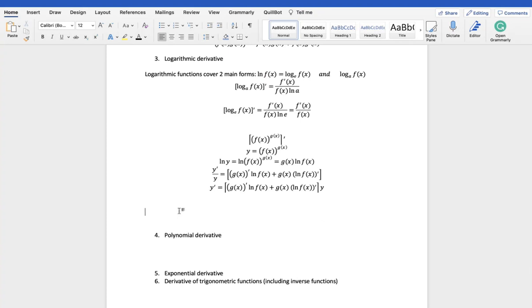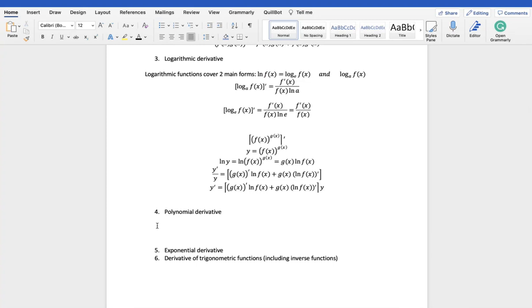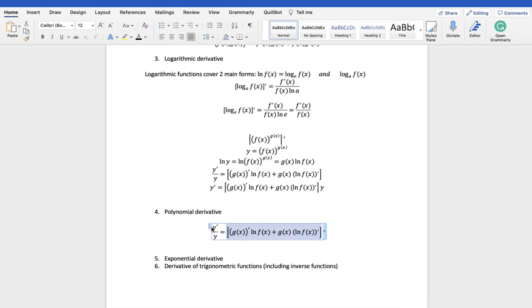Okay, so then next we'll look at the derivative of polynomials. Right. So for this, we also have a general form, and the general form basically tells us that